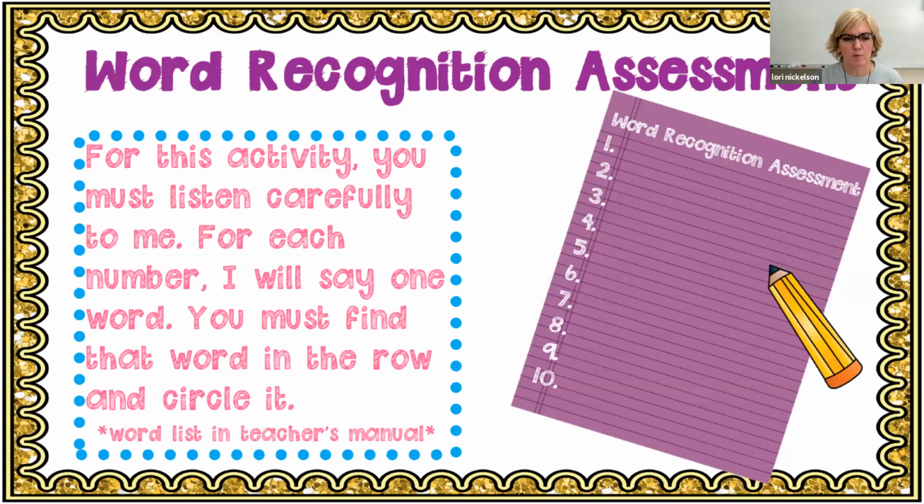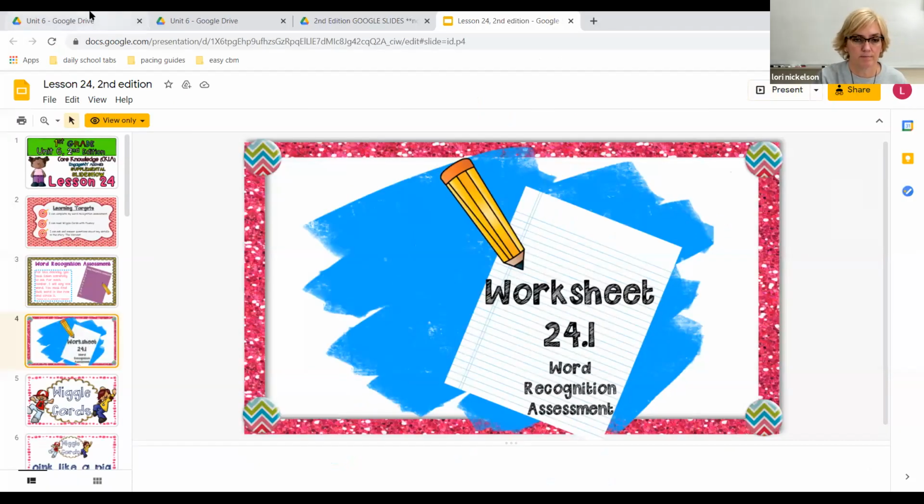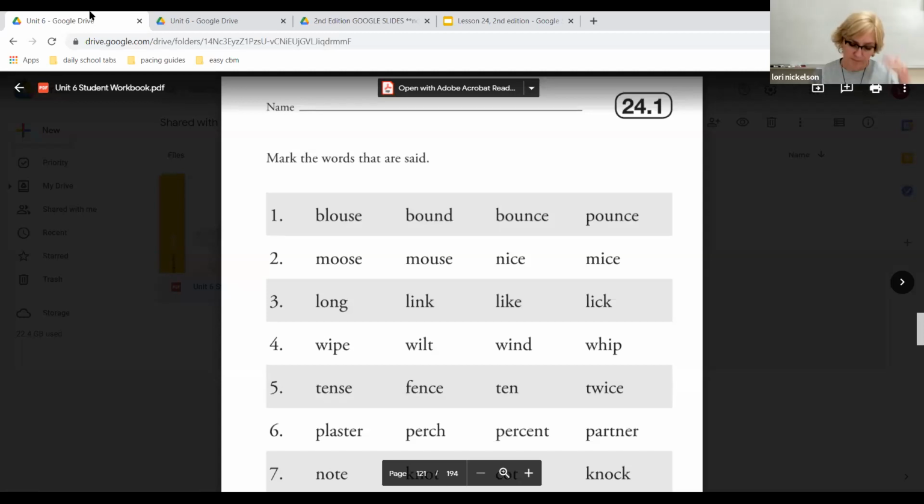So, word recognition assessment. For this activity, you must listen carefully to me. For each number, I will say one word. You must find that word in the row and circle it, okay? So you're going to look at 24.1, that sheet. Okay, look at this. All right, here we go. Number 1,